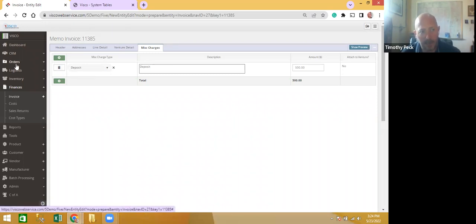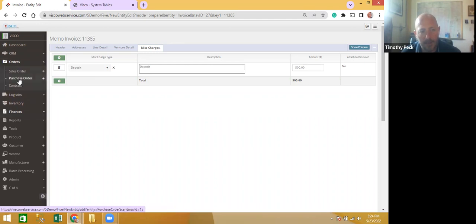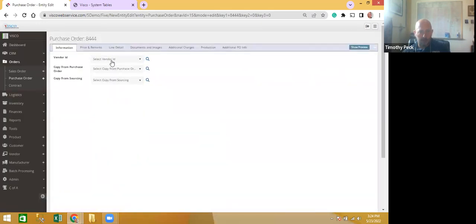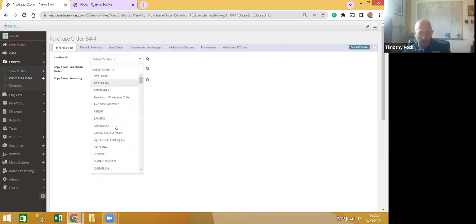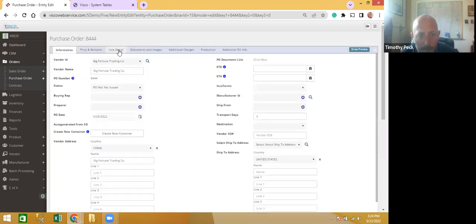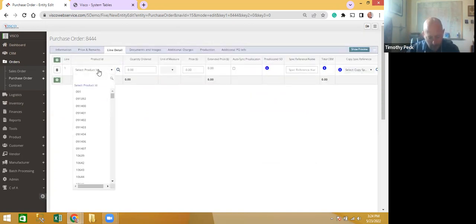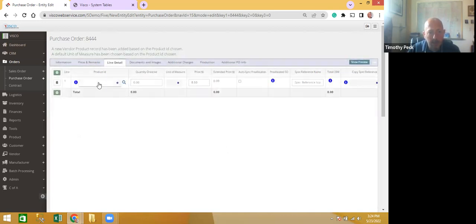Now on the purchasing side it's similar, except that there's no button push. It's all tied directly to those payment terms. So let's say I want to create a purchase order, and I'll select a supplier here. Let's say we choose this Big Fortune Trading, and I'll say we want to buy those masks, N95 respirators. Let's say we're going to do 2,000,